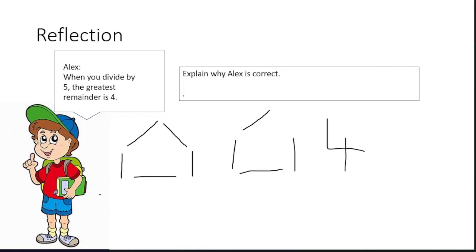And it's the same for any number. So for example, with 10, the highest remainder is going to be 9, because 10 minus 1 is 9. If we add 1, we have the whole, so what's closest to that will be minus 1. So Alex is correct, because 4 comes before 5. The highest amount we can have, which is not the whole number, is 1 less than 5. So that gives us